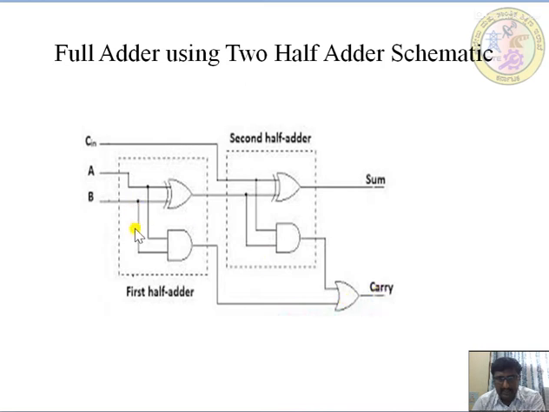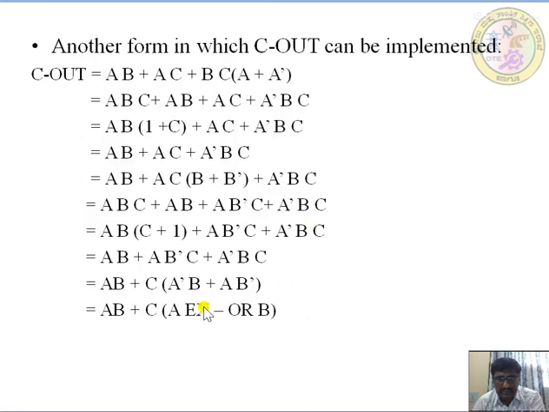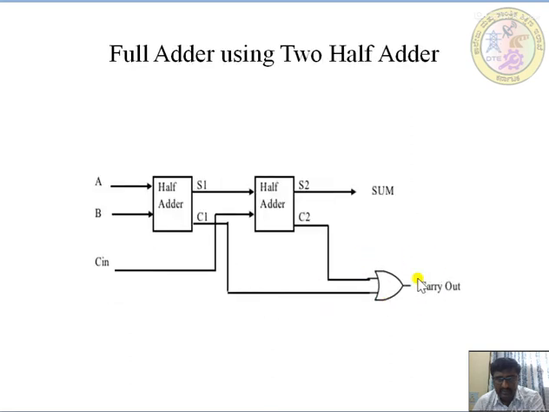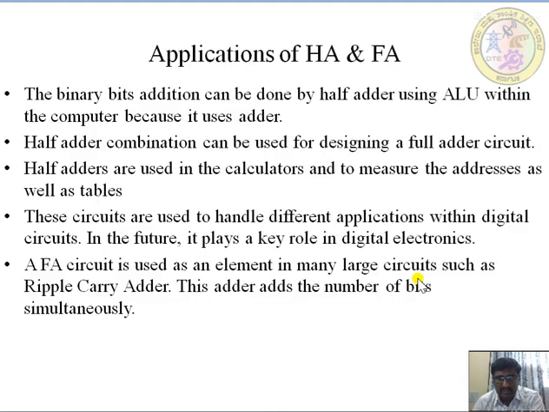So what will be the expression I get here? Here AB plus the carry expression, that is A exclusive OR B into Cin. So whatever it is, A XOR B into Cin. Okay, AB plus Cin (A XOR B). This is what I am getting, and after reducing once again, I will be getting the COUT expression.